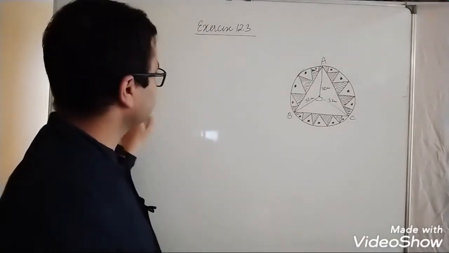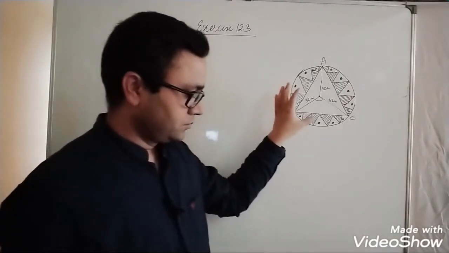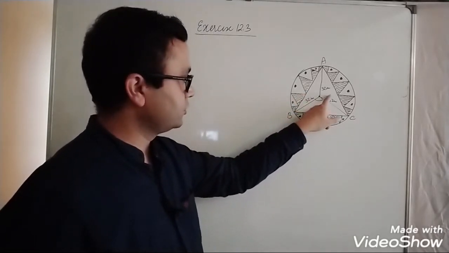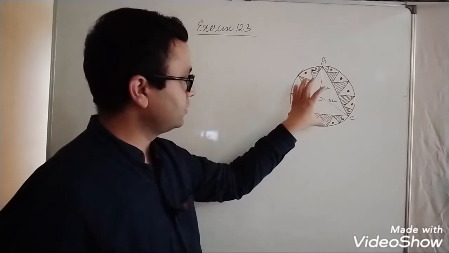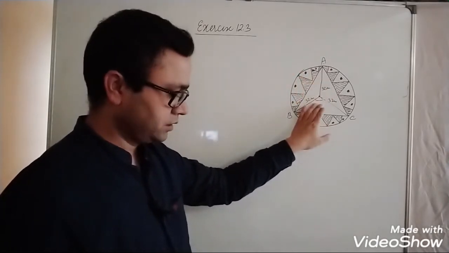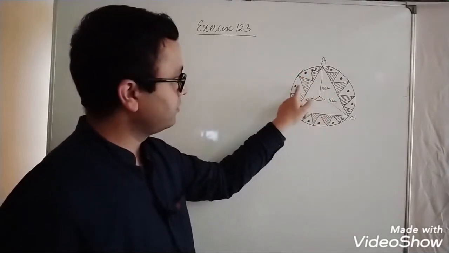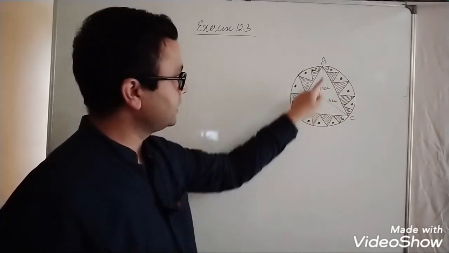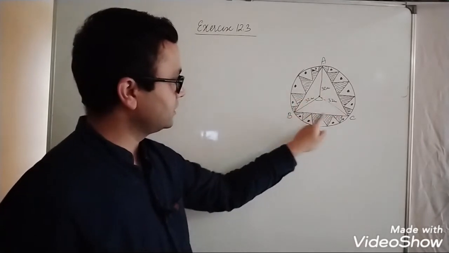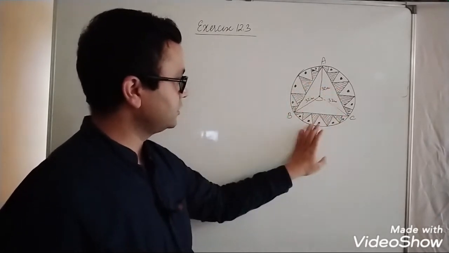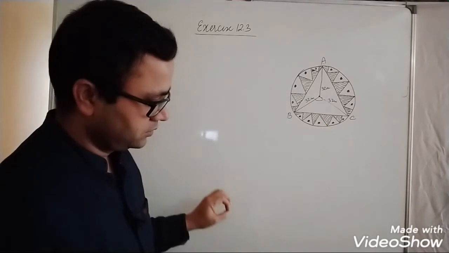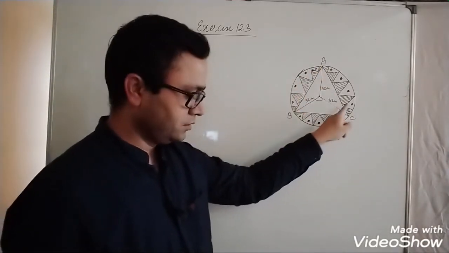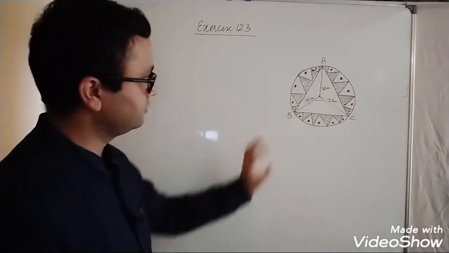Okay, question number 6 is: in a circular table cover of radius 32 centimeter, so the radius of the circular cover is 32 centimeter, a design is formed. These are the designs formed leaving an equilateral triangle. Equilateral triangle ABC is in the middle as shown in the figure.